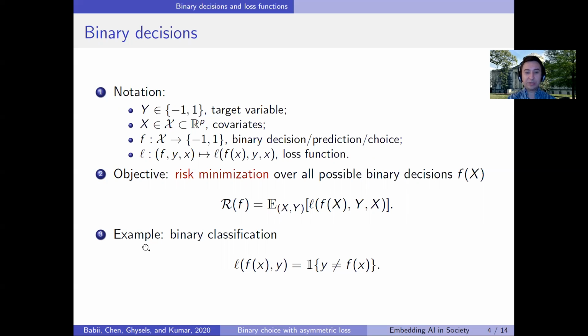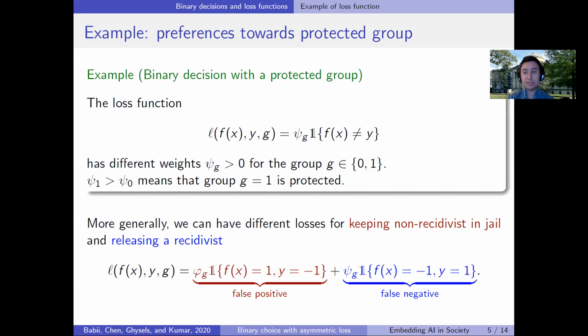So if you talk about the binary classification that is most often used in practice, here the loss function is extremely simple. And we suffer 1 point of loss if we make a mistake. So if you put someone who would not become a recidivist in jail, we suffer a loss of 1 point. If we release someone who would become a recidivist, we would also suffer 1 point. If you make the correct decision, then there are no losses. And then there are also no benefits. So this is quite an unrealistic example of the loss function if you talk about real life decisions.